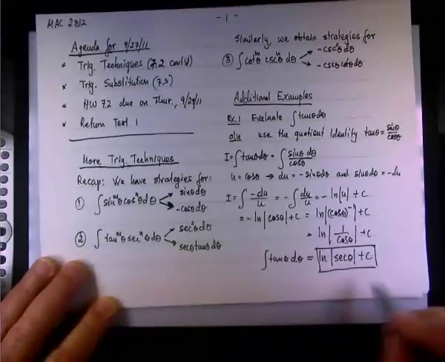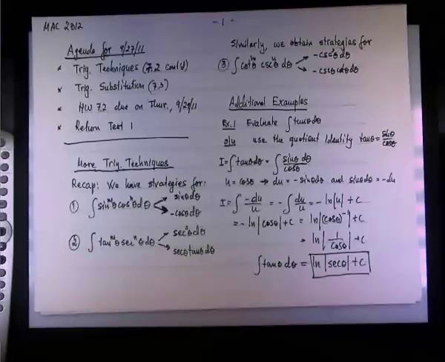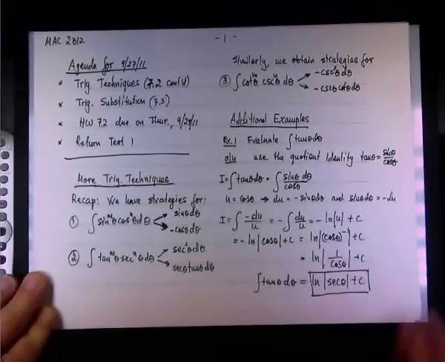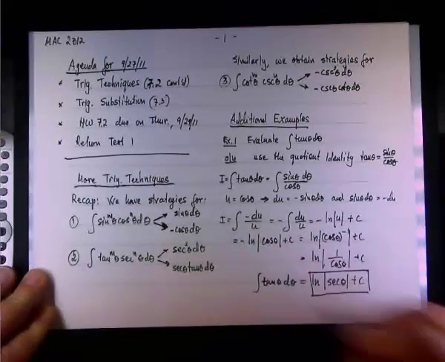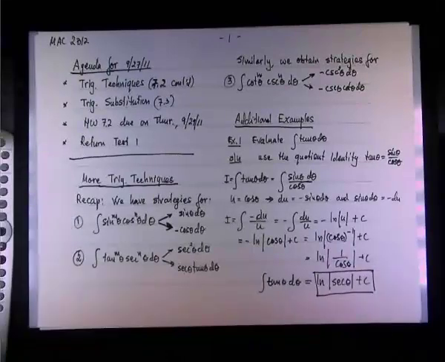So the integral of the tangent of theta d theta is the natural log of the absolute value of the secant. So it's one of those list of basic integrals that you can use as reference later on. By this I mean, if in a test situation, in the process of solving a problem, you run into solving the integral of tangent theta, you can replace it with the natural log of the absolute value of the secant plus c. Unless the